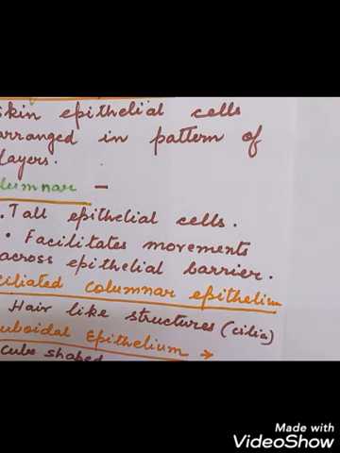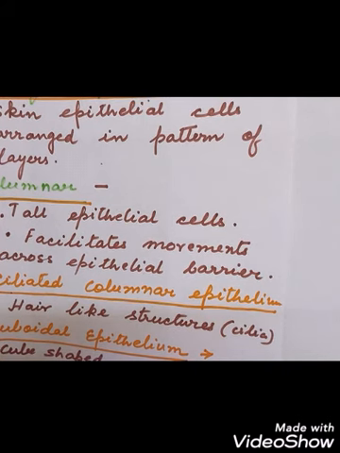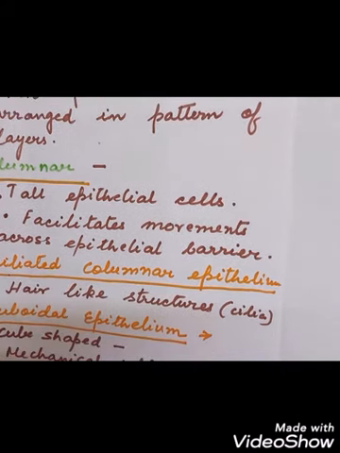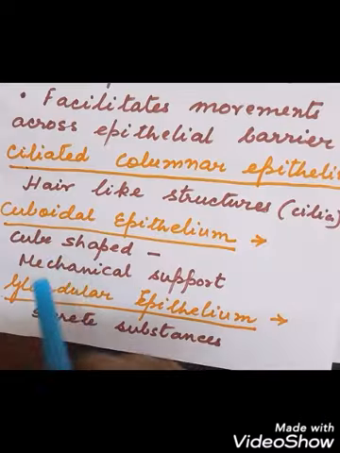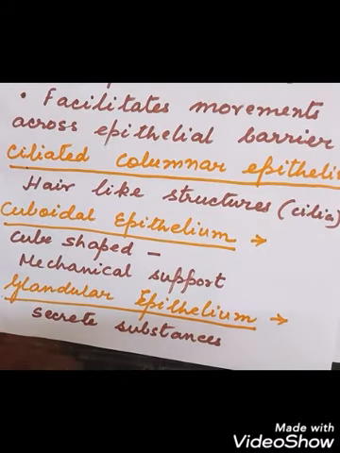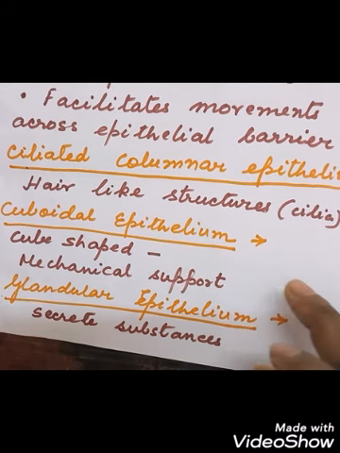Next, another type of epithelium is cuboidal epithelium, which is cube-shaped and is present in the lining of the kidney tubules and salivary gland. Cuboidal epithelium, what is the shape? Cube shape, and they give what? The mechanical support. Mainly the cuboidal epithelium gives what? Mechanical support. Where are they present? In the kidney tubules and the ducts of the salivary glands. So mainly they are for what? They are for mechanical support. How do they look? Cube shaped.